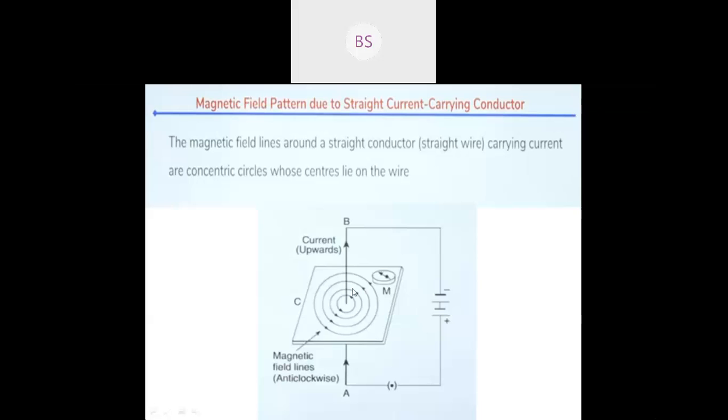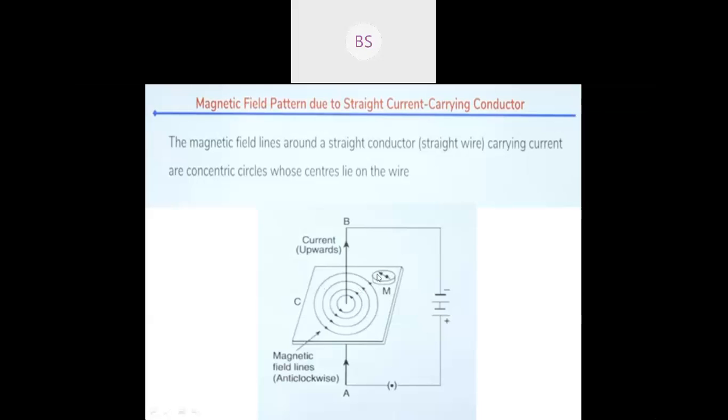Okay. But what happens here? Ma'am, whatever the iron filings are forming, that circular pattern won't change. Yeah, that will not change. It will be as it is. The magnetic field pattern will not change if you reverse the current as well. But there is one point here. What happens? This magnetic compass you can observe here. The direction of deflection of the compass needle gets reversed. Only that change you can find: the needle in the magnetic compass will change.